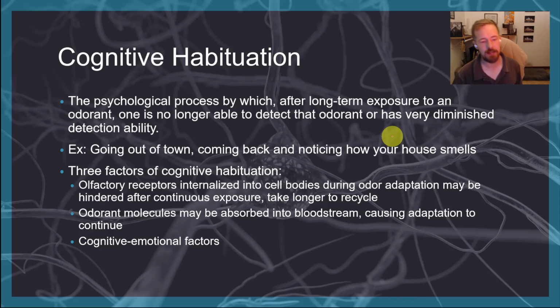And there are 3 different factors that can affect this. One is these olfactory receptors that we talked about. If they get really efficient, then they adapt very easily, and because of that, those cells are not detecting a change as easily as they would have because they go through it so much. So that makes sense. This is very similar to what we talked about with regular adaptation in the previous slide. The other 2 are a little bit different though.